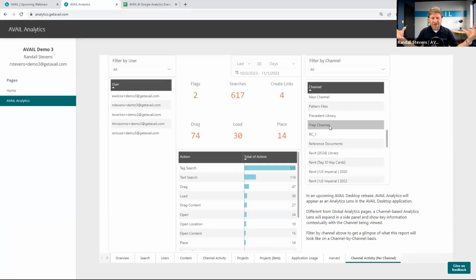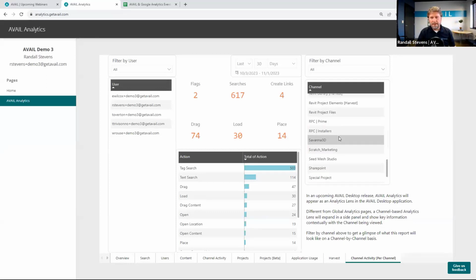So this is all part of us trying to contextually get you the information you need. You don't have to go dig around a bunch of reports. You'll be able to just go to that channel. We're bringing that right to you inside of the app. So everything we're doing is trying to pull information closer to you contextually with better insights. So this is coming. We wrote a little note down here to explain it, but